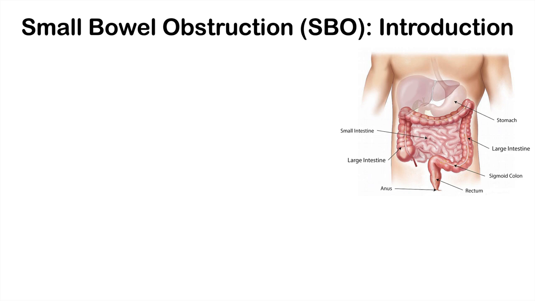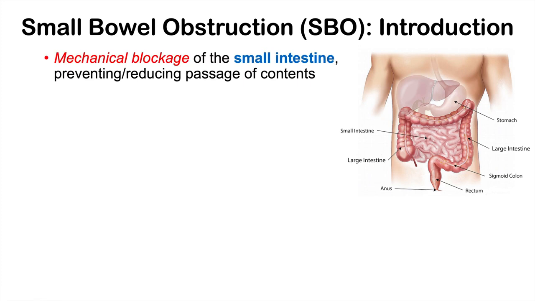So when we refer to the small bowel, we are referring to the small intestine. So in this diagram here is the small intestine. If you were to swallow something, it goes down your esophagus into your stomach, and your stomach joins to the small intestine. And the small intestine winds around within your abdomen, eventually leading to the large intestine and completing the gastrointestinal tract. So a small bowel obstruction is a mechanical blockage of the small intestine, preventing or reducing passage